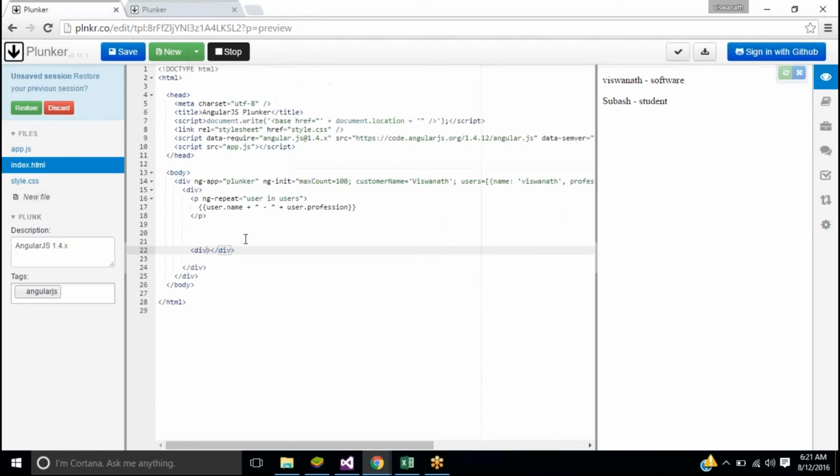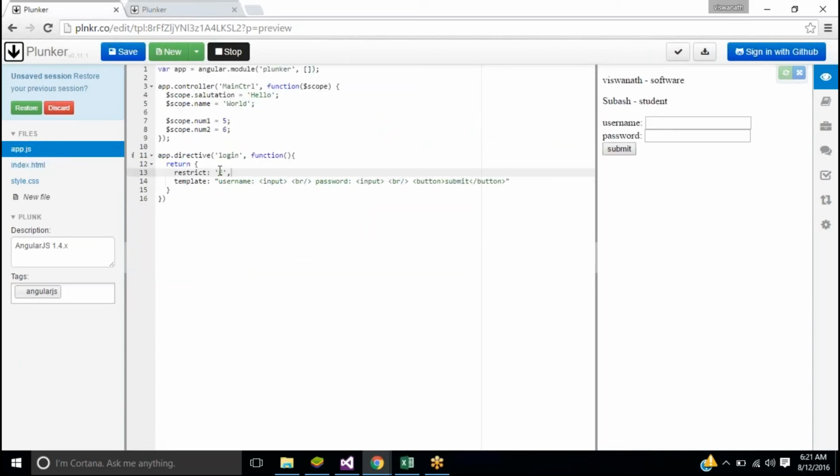So now if I use login as an attribute, you'll see nothing happens. But when I use login as an element, you'll see it, because I'm restricting this only for elements.